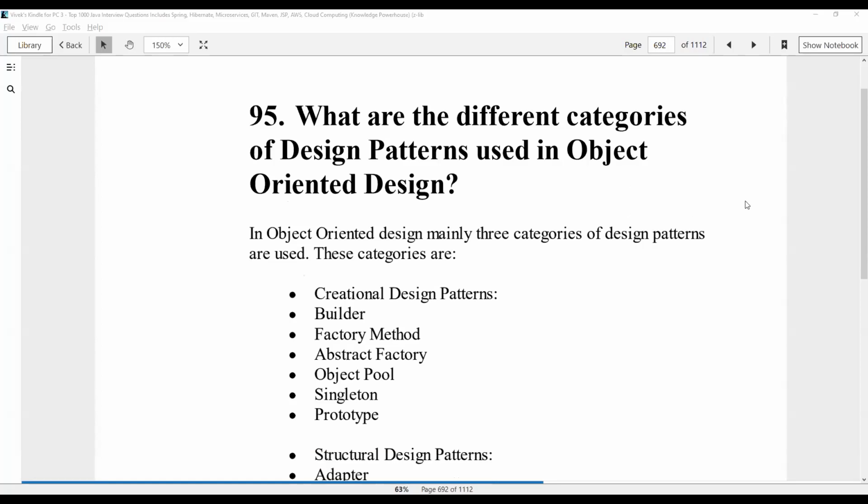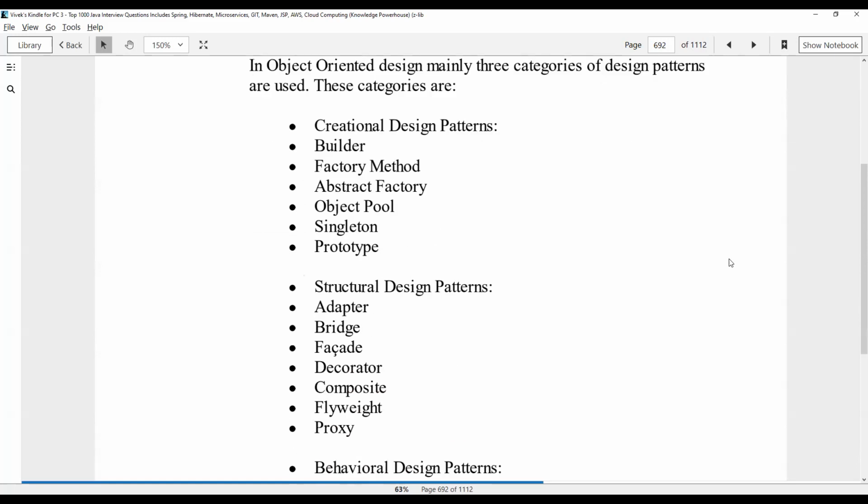Okay, so let's start. What is the first question for design patterns? The next video today is the different categories of design patterns. So there are three categories. The first is creational. So when we want to create something, like builder, factory method, abstract factory, connection pooling, object